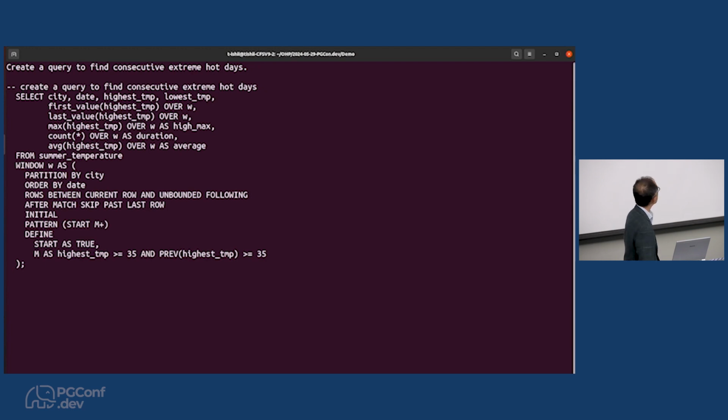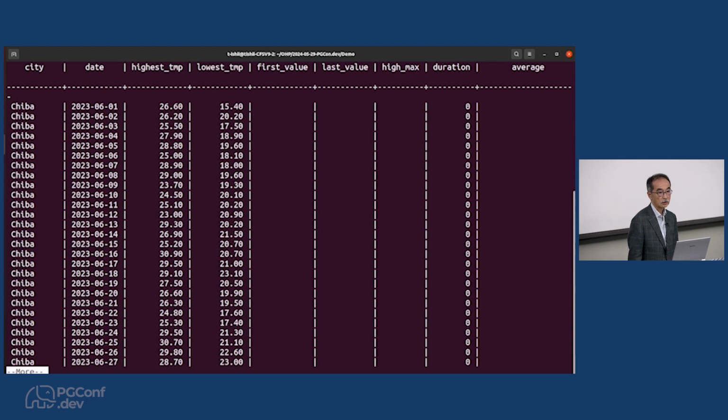This one finds extreme hot days, which means that the days must be consecutive and each temperature exceeds 35 degrees. Now here is the result of the query. As you can see, for most rows the duration field, which means consecutive days of extreme heat, is 0.